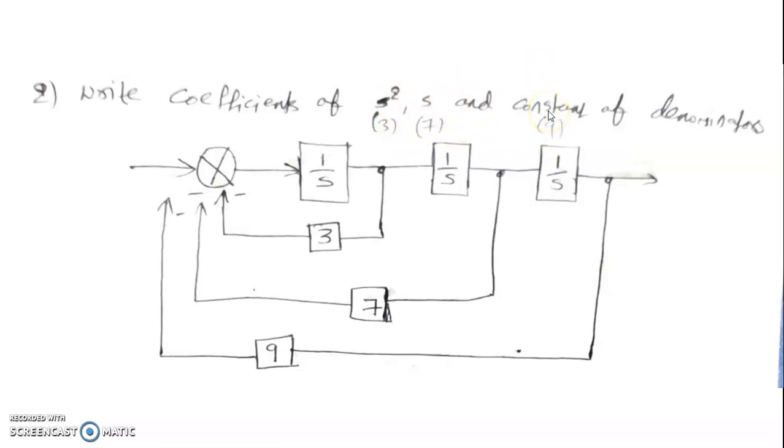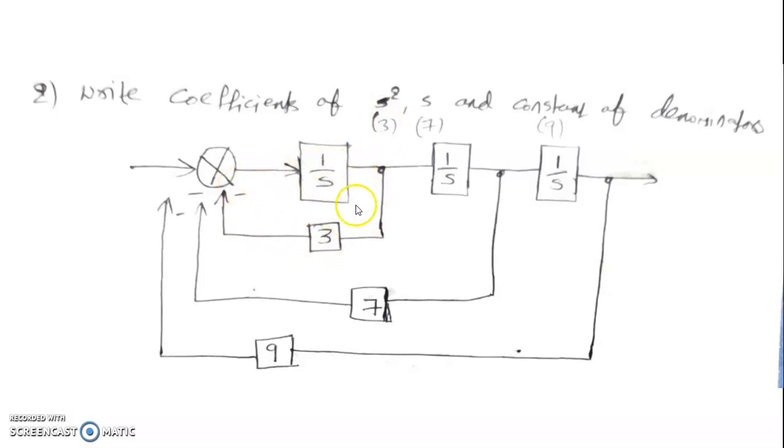Now, how to construct the model for obtaining 1 by (s³ + 3s² + 7s + 9) first. Observe here, it is 1 by s, I have taken one integration. See how many integrations are there here? 3 integrations I have taken. Why 3? Because the denominator order is s cube, that is 3. That order indicates how many integrations you have to take. Now here 1 by s, and here the coefficient I have taken is the s² coefficient. The s² coefficient is 3 in the given function, so it is 3. So 1 by s with 3 as a feedback path.